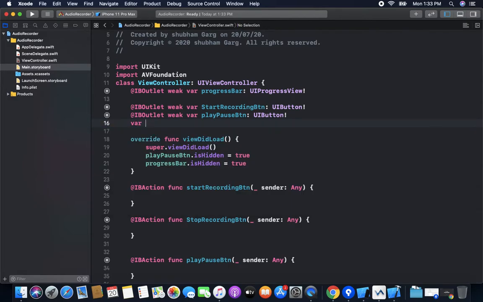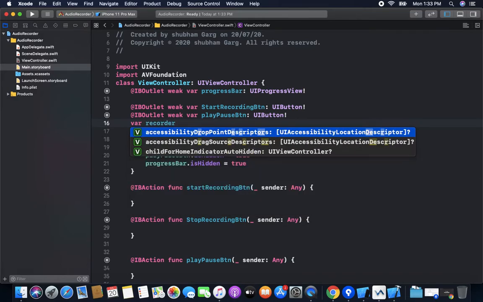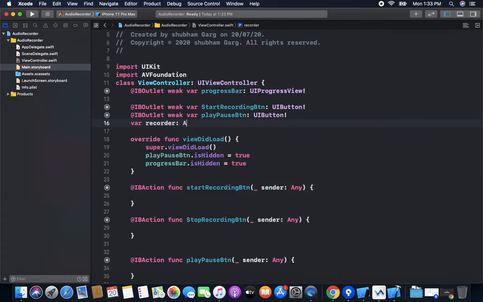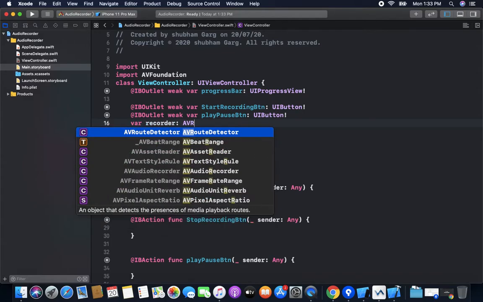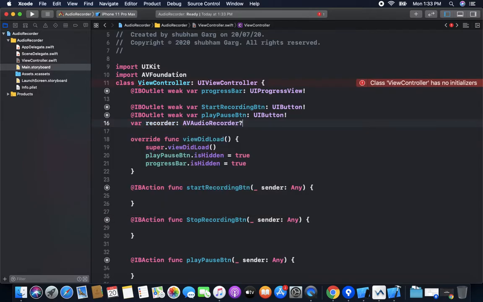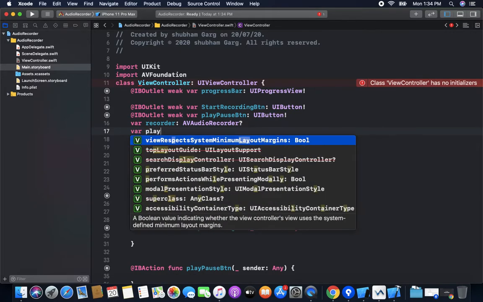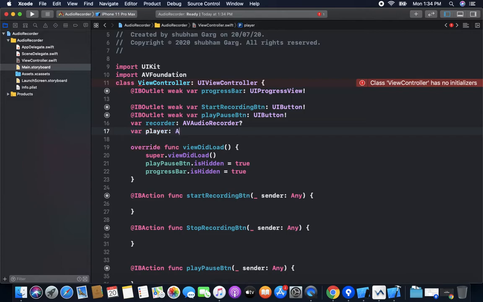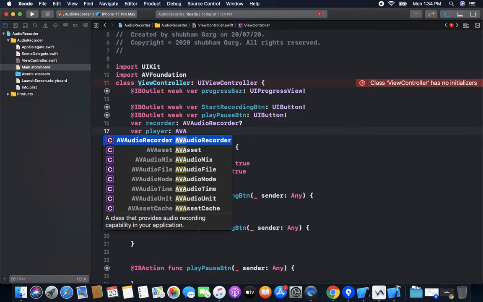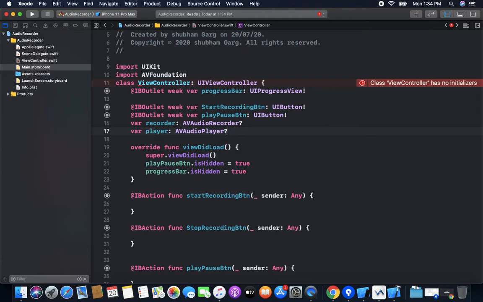First the recorder, AVAudioRecorder, audioRecording. Same, we need a player, AVAudioPlayer.